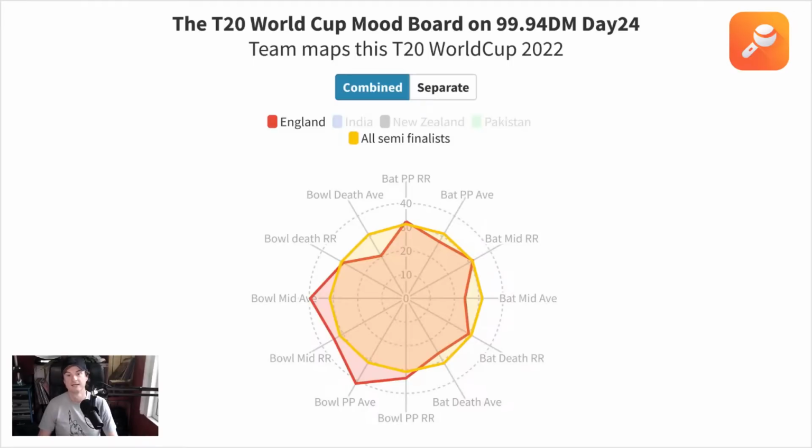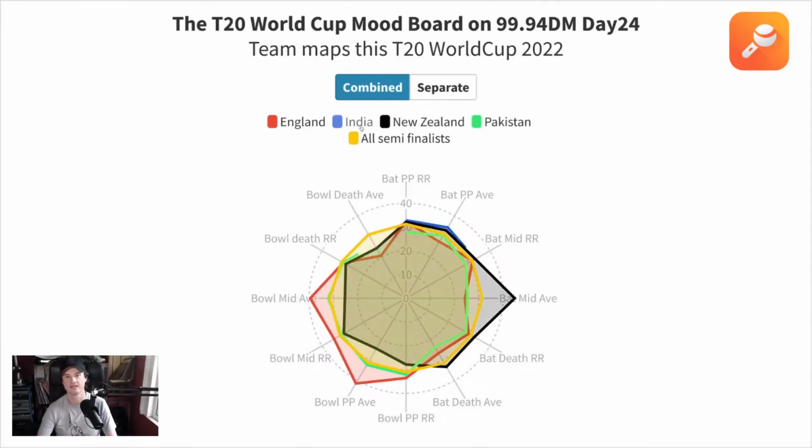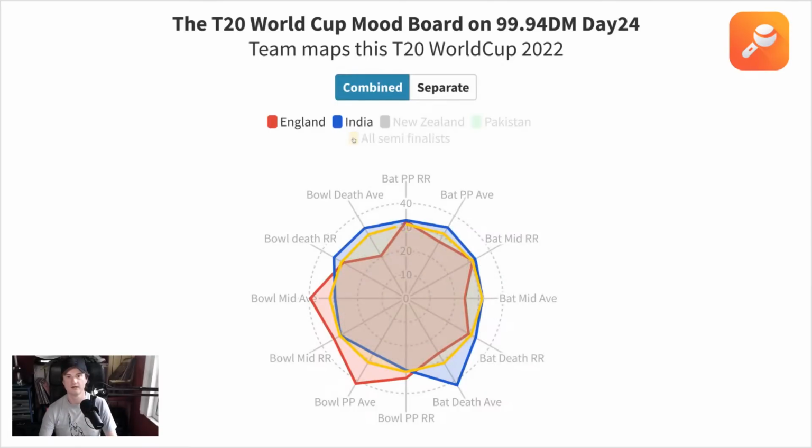But this is, I think, of the England and Pakistan on paper, and they're both better teams than I think they have been this year. But both England and Pakistan on paper are the two teams that look a little bit misshapen, whereas certainly New Zealand and India look a little bit more how you would prefer this to look. All right, we'll get rid of the average and we'll keep India and England.